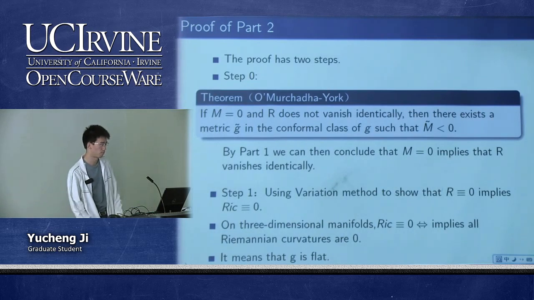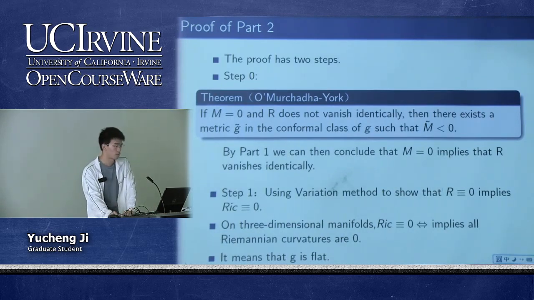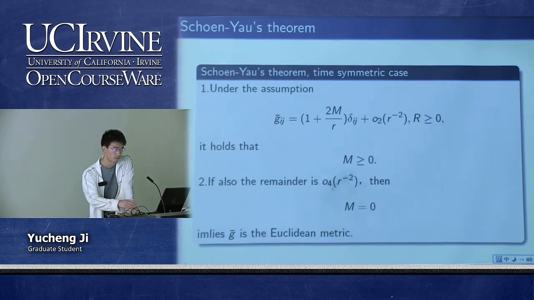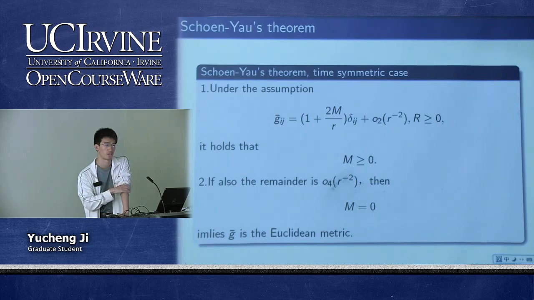And the proof of the second part, so this is a very special metric, which depends on a function alpha. What exactly is O2? Oh, O2 is just a correction of order 1 over R squared. Yeah, I mean the order of the second derivative. It doesn't play any role in the proof, right? Because you don't have to be specific about the O2. Just say that it is of order 1 over R squared correction. No, O2 is the order up to the second derivative. That's what I mean. Yeah.